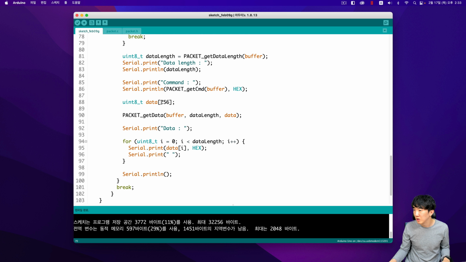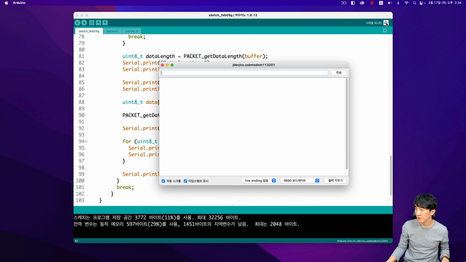Next, I assumed that the data could be of an unknown number of bytes, so I created an array variable to receive the data and set it up to display in hex. Now, I will execute this to ensure it breaks lines properly. I've uploaded it, and now,